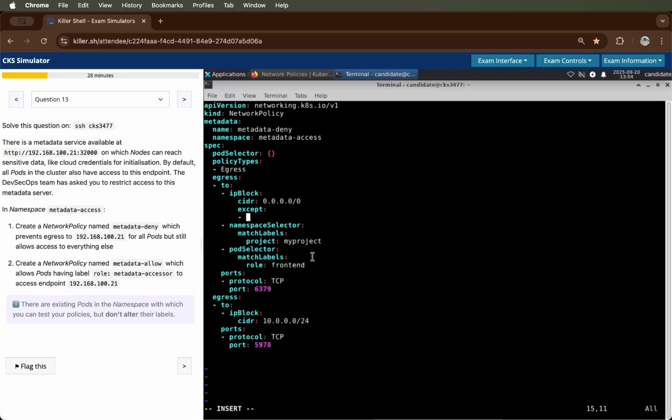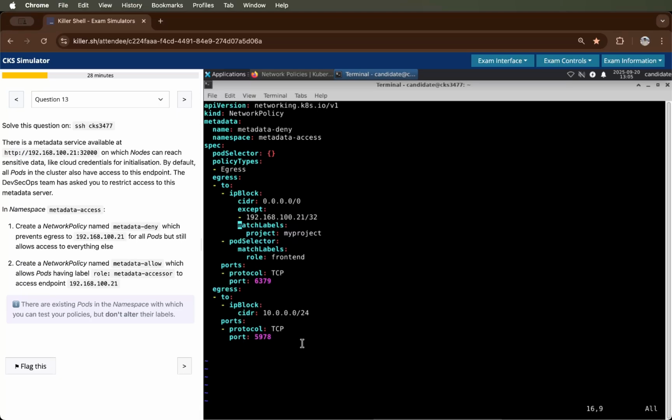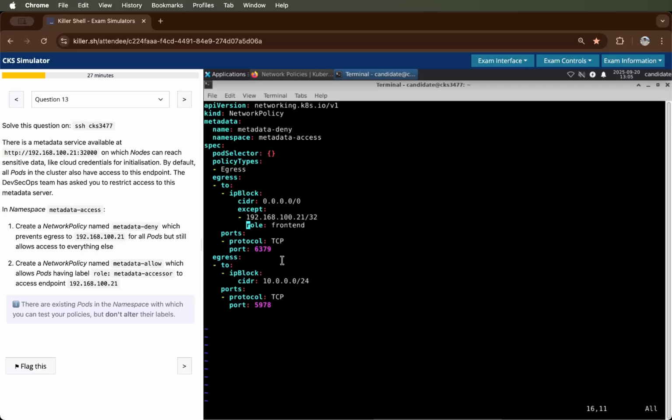And as you know, this is only a single IP, so for that we have to add /32. After that we don't need to provide anything else here, like the ports and all those things. The point is to just prevent egress from all ports to this IP only, and we also allowed other internet access as well. So I'll just remove these lines,